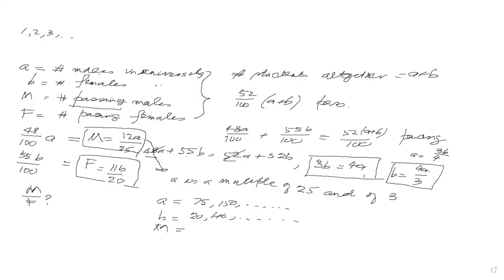It's 12 times A divided by 25. Divide this by 25 and multiply by 12. If you divide this by 25, you have 3 times 12 is 36. So you get 36, 72, and so on. They're all multiples starting from 36. And likewise, you go back to F. B is 20, so the F value will be